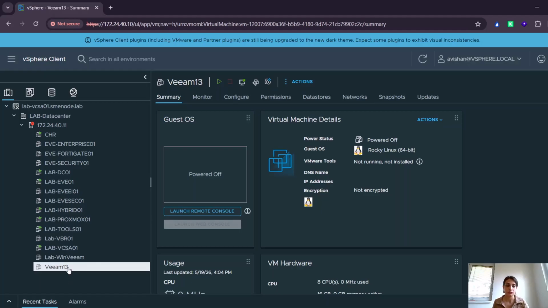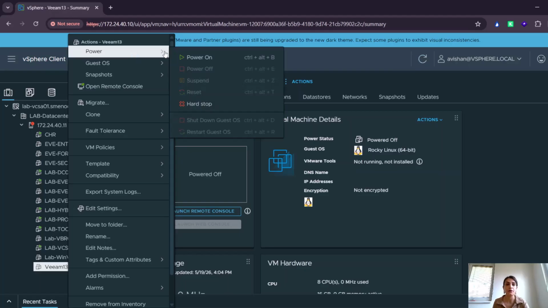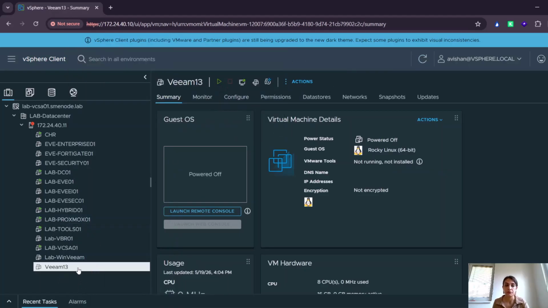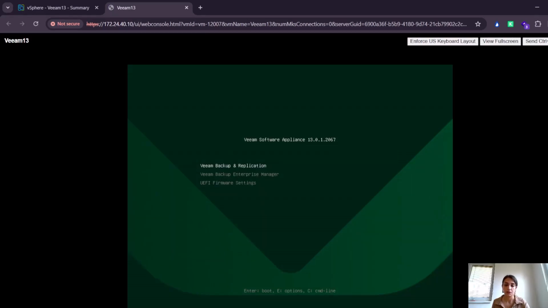For that, I should turn on the virtual machine. I can do it from here, right-click on my virtual machine, and from power select power on, or easily just select my virtual machine and click here to turn it on. Click here, and from the boot menu I can choose Veeam Backup and Replication. Click enter, and here, because this is my first time installing Veeam Backup, I select install,